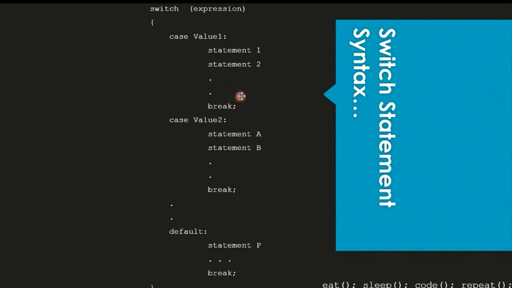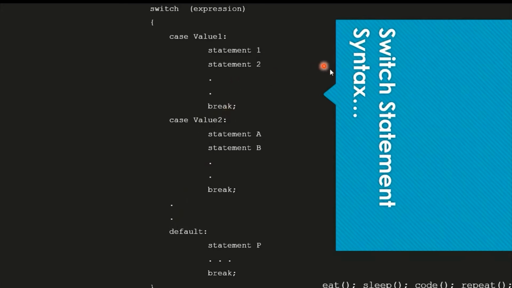Why do we have the break statement? If this value is true, this block will be executed and it will break, moving out of the switch. If the break statement is not there, of course it will go to the second case also, and the second statement will also get printed. So we have switch, expression, then cases. We have four keywords here: switch, case, break, and default. We're going to look at each point by point.